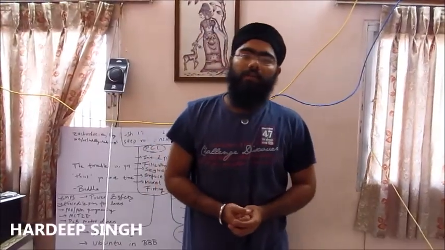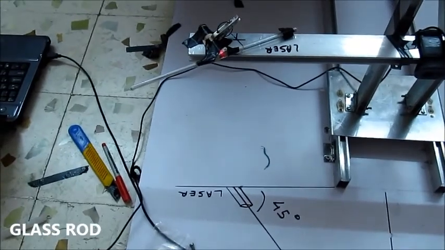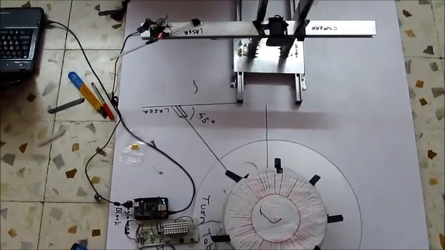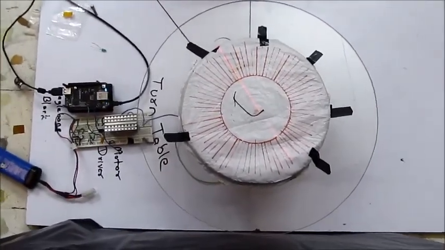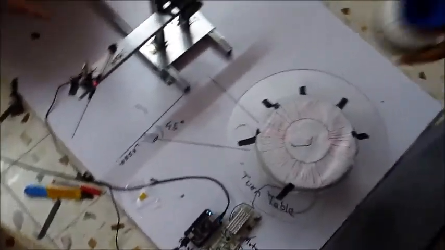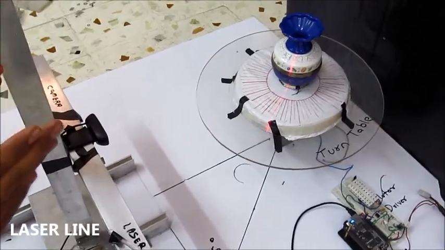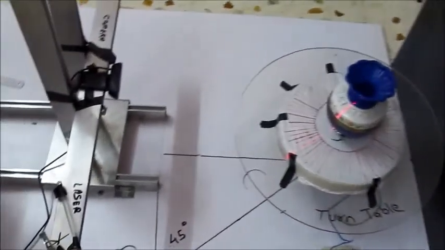After the introduction, I am going to tell you about the surface triangulation method. As you can see, our laser is mounted at an angle of 45 degrees. To convert the laser point to a laser line, we have a glass rod here. The camera, laser and the object form a 90-degree angle. Before placing the object, the line generated is used as a reference line. Whenever we put the object, the line gets diffracted, and we can calculate the distance between the reference and how much the line was diffracted. This gives us an array of distances d.